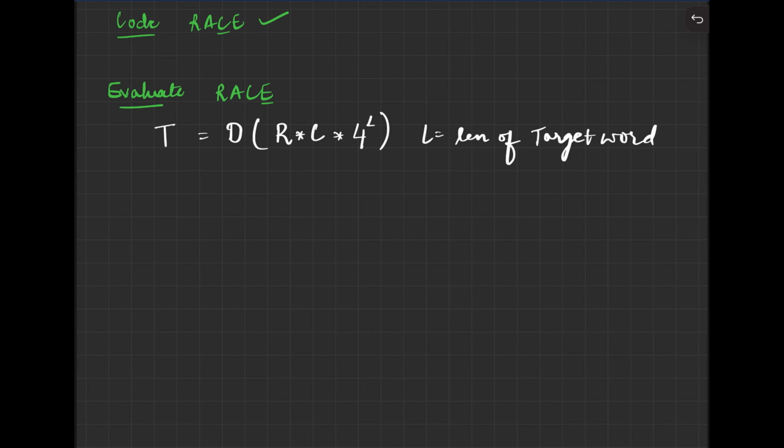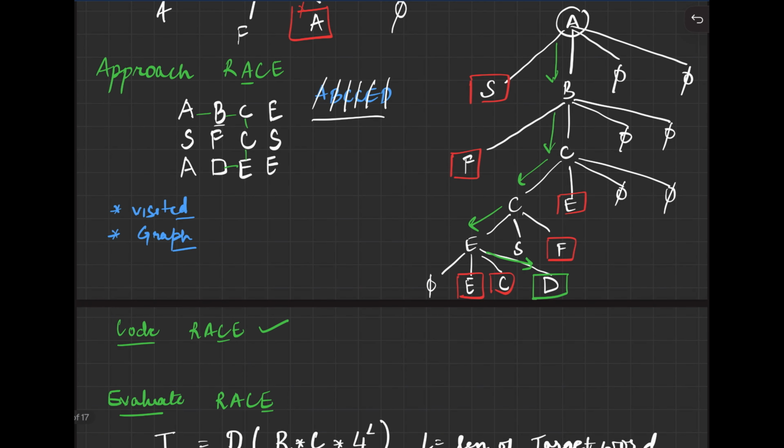If you think about R and C, that's pretty clear because we are doing a recursive call from each element in the matrix. If the number of rows in the matrix is R and columns is C, it will be R times C. And then for each of those elements, we are doing a recursive call where each element does 4 calls,